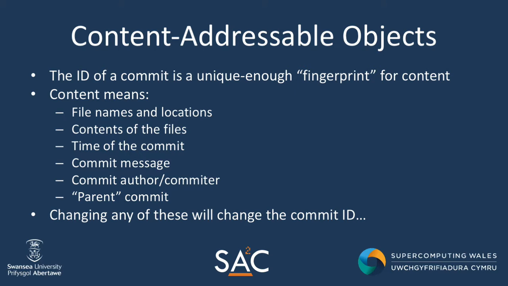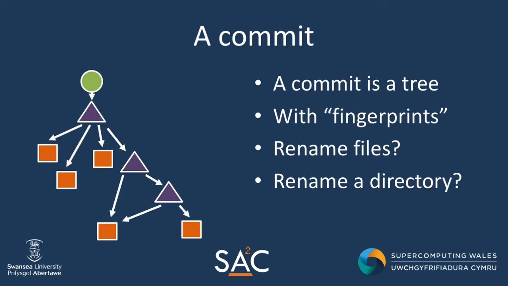Git goes a little bit further than that, and the commit itself is a tree as well. So if we think the green dot is the commit, then these purple triangles are what we call tree objects. Essentially there are three types of objects in Git. There's a commit object, there's a tree object, and there's a blob object. The blob is essentially a file. It's not a file. It's a bunch of content that would reside within a file. So the contents of a file, and then we have these tree objects that contain the directory information, and also